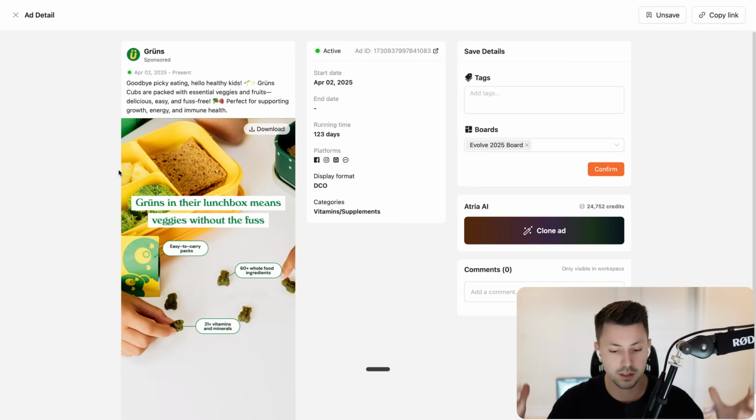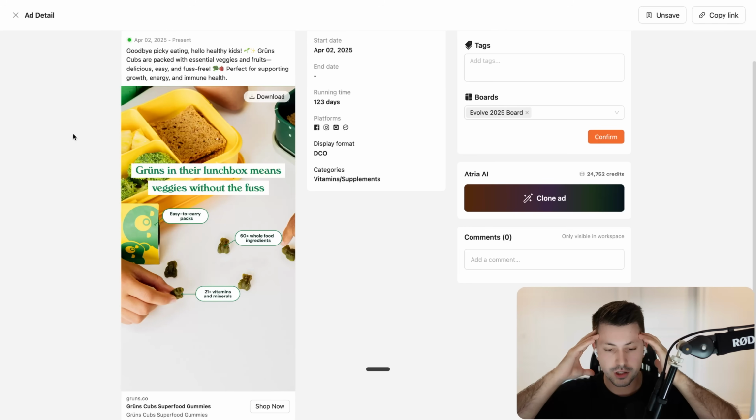So fuss-free is a word that I absolutely love because parents know that their kids throw hissy fits and cause a big fuss about having to eat their vegetables. But more importantly, they tie back why it's important because they say it's perfect for supporting growth, energy, and immune health. And so this is a really great ad that, again, just clearly shows the understanding of their customer,